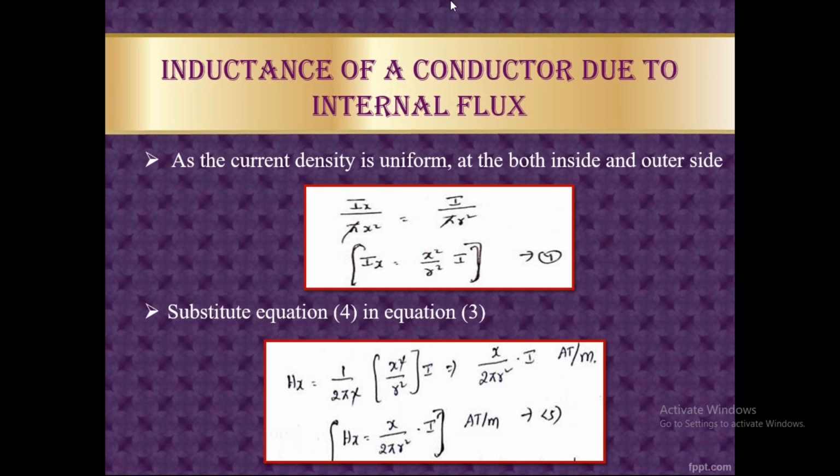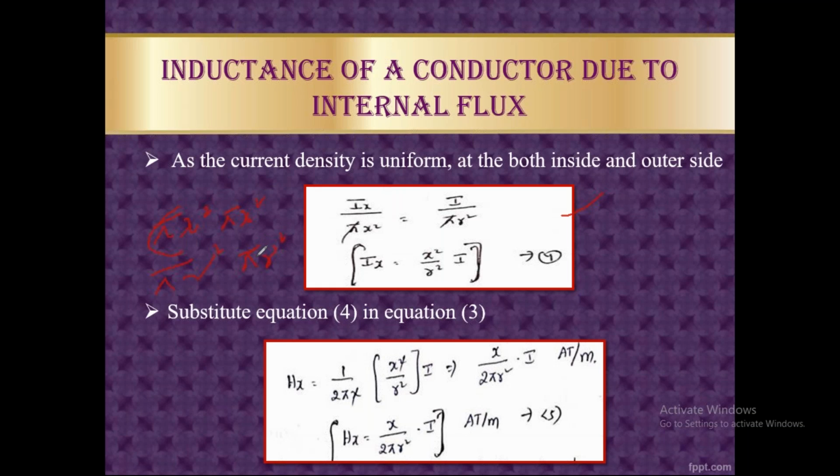Now where we can apply this equation, I will tell you. So this is the equation, right? Here the current through the circle is given by pi x square and pi r square. So the density depends on the area of the circle, like the area of the vessel. This is the area of the conductor. Pi x square is the area of the internal part of the conductor, and pi r square is the area